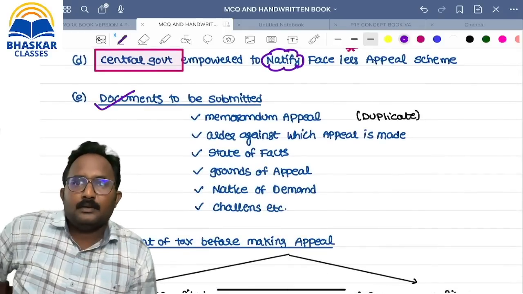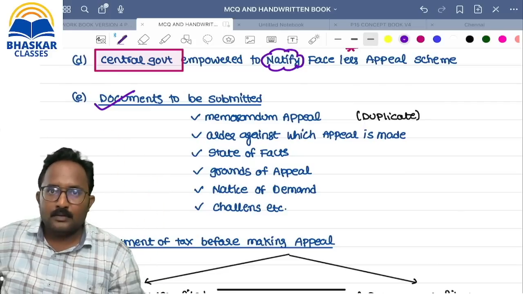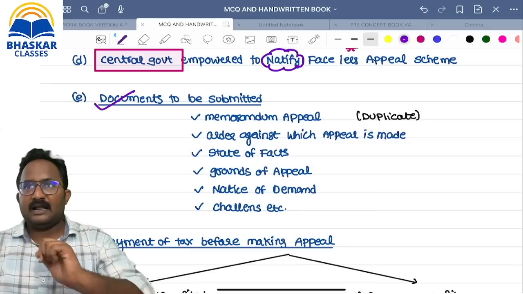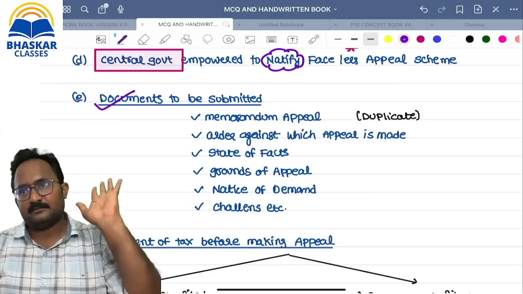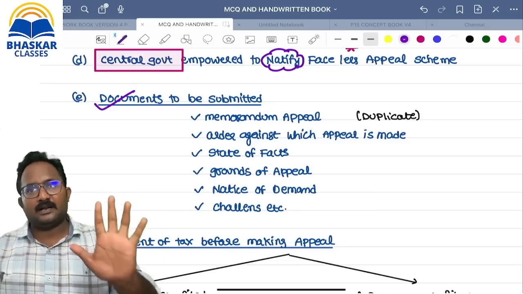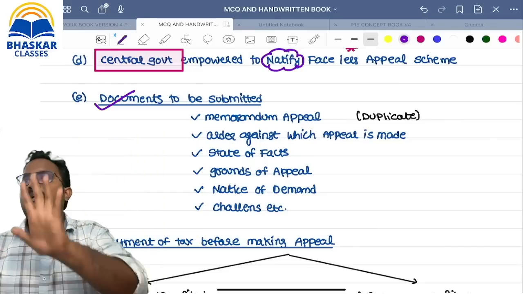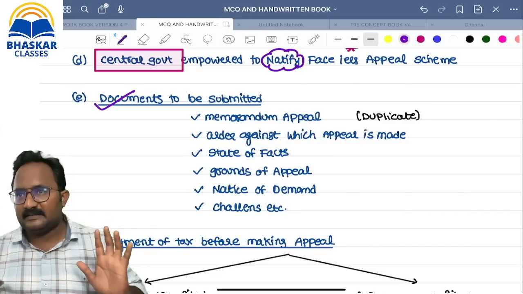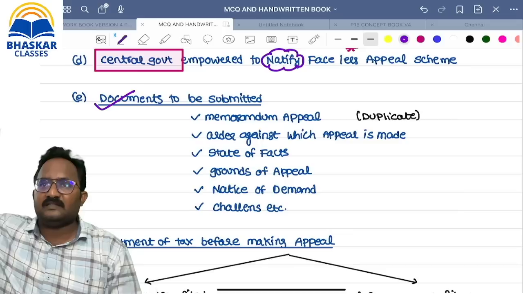Memorandum of appeal. Second, a memorandum of appeal means what is that issue you are facing now. Example, sir, I already paid the 5 lakh tax, sir. Since after the completion of assessment, they are asking how much amount, sir, 6 lakh. Example, I paid already along with the return of income 5 lakh tax. After the completion of an assessment, assessing officer gave the demand notice of how much amount, 6 lakh. Now I have a responsibility to pay the 6 lakh, but I am not satisfied with that order. So that's why I am making an appeal within 30 days with whom, JCIT or CIT appeals.